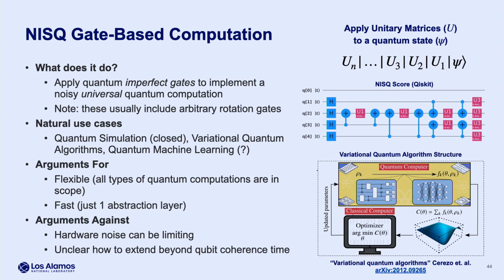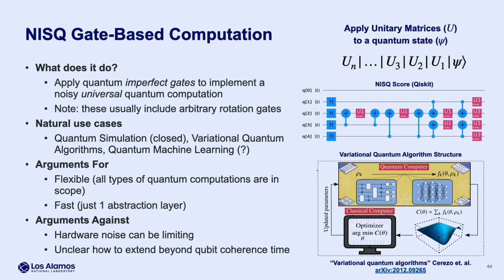We have NISQ gate-based quantum computation is the next level, and this is probably what you're most familiar with. You see it, here's an example of a gate program in the Qiskit modeling layer that's developed by IBM. It's exactly the model that I mentioned to you before, but with noise added on. So in this model, you get to apply imperfect gates to implement a noisy but potentially universal quantum computation. When I say universal, I just mean you can implement any quantum computation could potentially be in scope of these